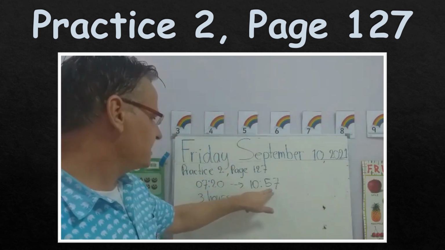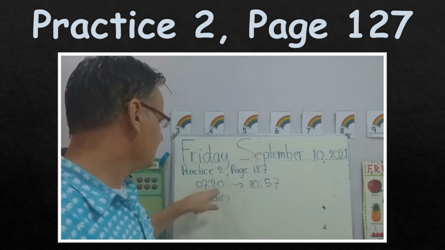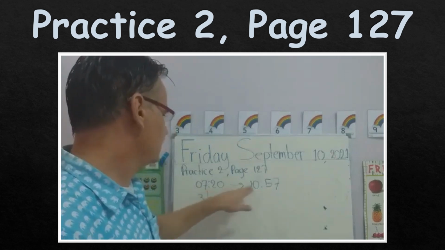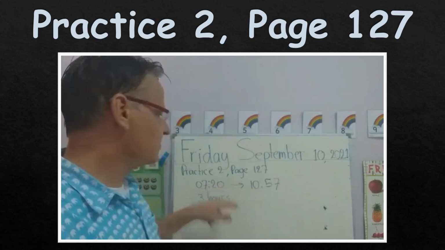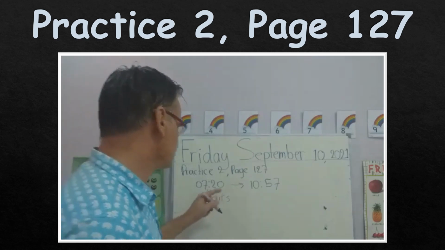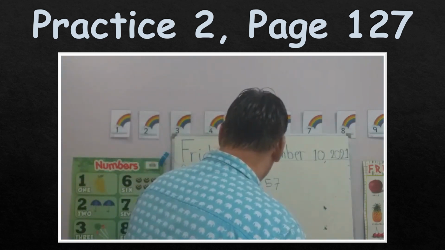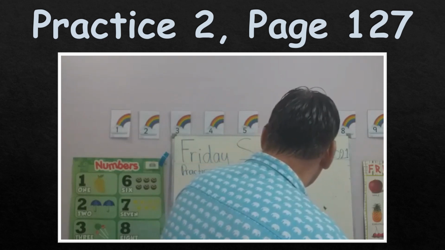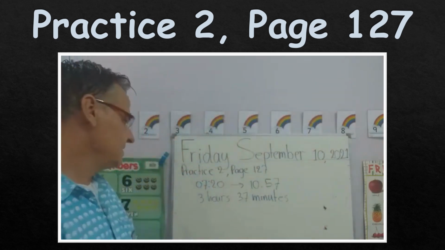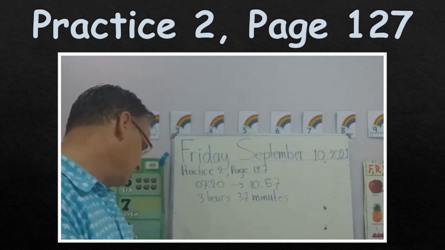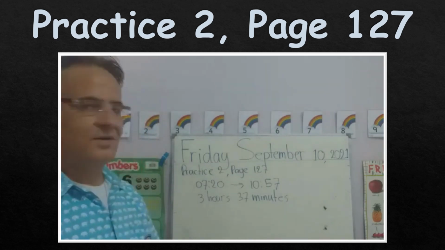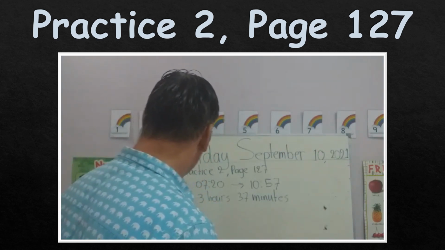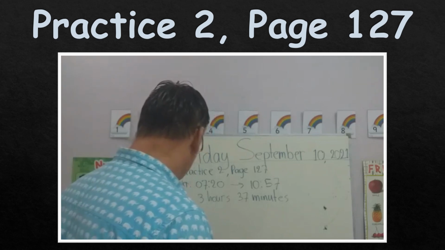So 57 minutes, and this is 20 minutes. So how many minutes from 20 to 57? We just do 57 minus 20 equals 37 minutes. Right? Now, the question was, how many hours and minutes did she spend on the journey? We answer, so this is working, and the answer,